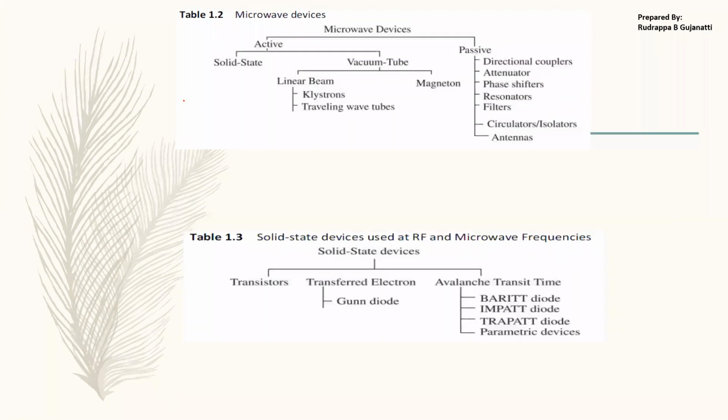Then what are the different microwave devices? In your previous semesters, you came across different devices like diodes and transistors, which were operating in the range of kilohertz. Now, if I have to utilize such devices, I have to make some modifications. I cannot directly utilize them in microwave operations. I have to engineer them such that they are able to operate in the gigahertz range, that is, in the microwave range. The microwave devices are classified as active and passive.